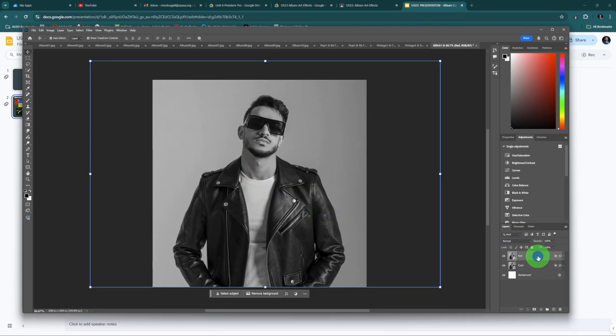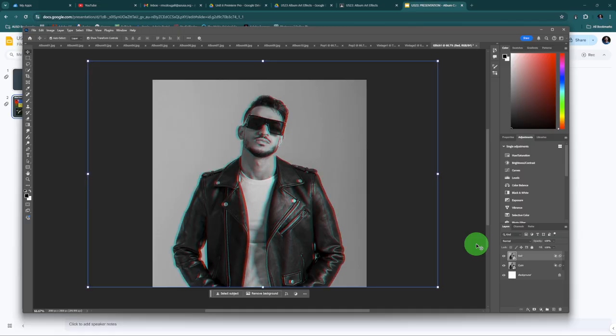So now what we're going to do, select the red layer, make sure you have your move tool so we can move it over, but instead of dragging it and moving it, we're just going to use the arrow keys. So on your keyboard, use the left arrow key and just tap it a few times to start scooting it over to the left. So I'm tapping my left arrow key, and you can see what's happening. Now it's scooting over, creating this 3D look. So I took the red layer and I just moved it, so now they're offset from each other, and now you can see the offset is creating this blue and red